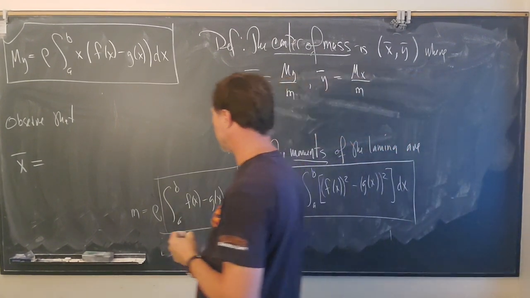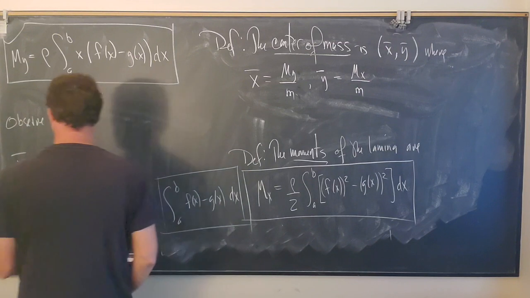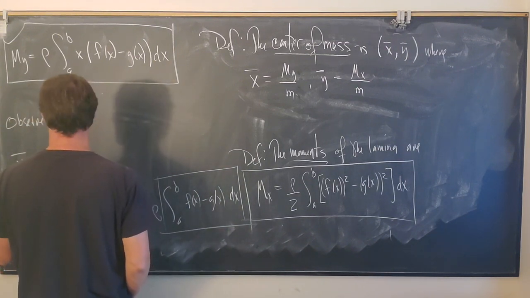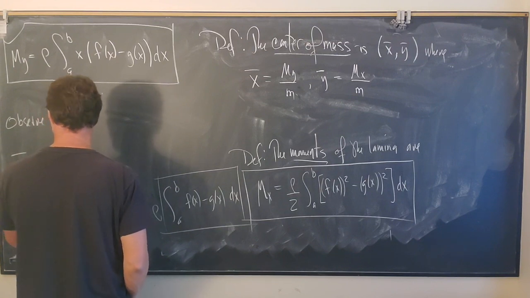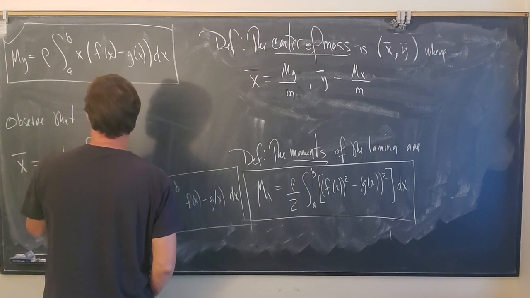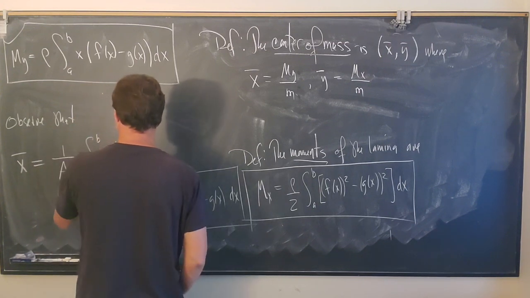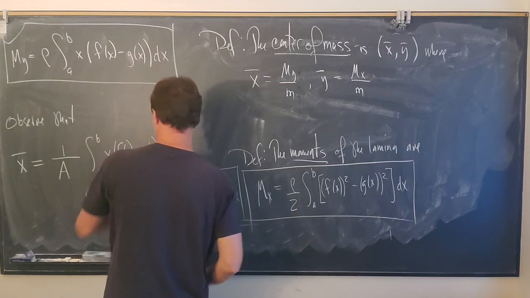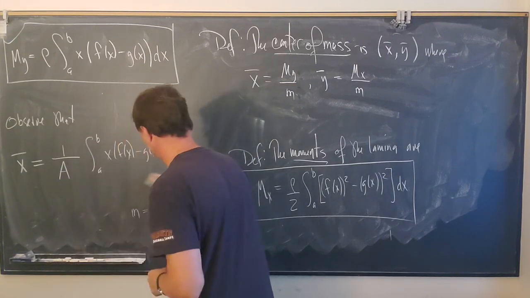So here's a way to think of this. x bar is equal to 1 over the area of the region times the integral from a to b of x times f of x minus g of x dx. Also,